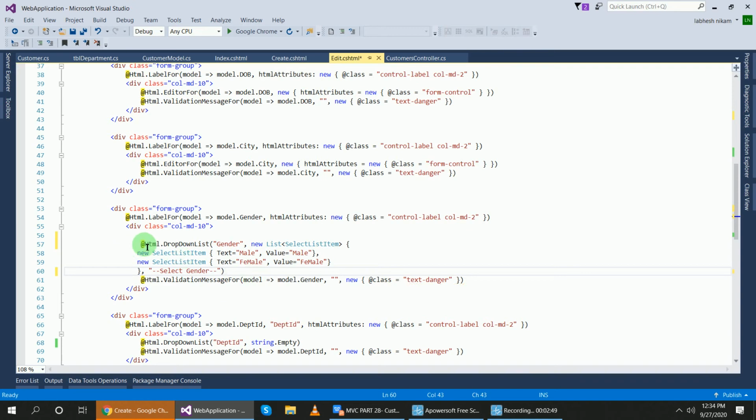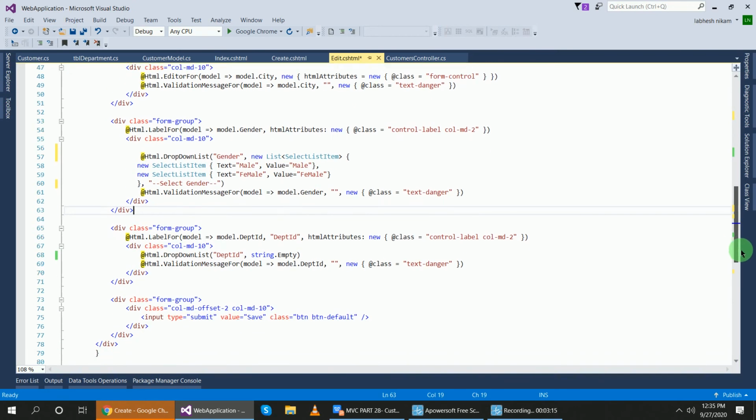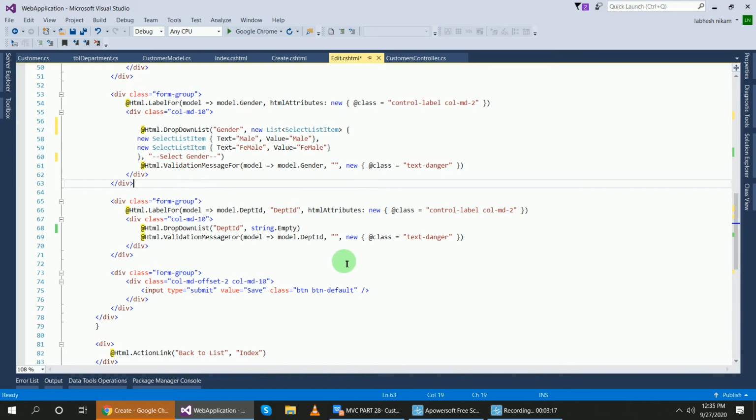Okay, I have written HTML drop down list for the gender property with a new list of select list items, with text and value filled in, and added this extra "Select Gender" option. When the user doesn't select anything, that is what will display. Inside the department property there is string dot empty.